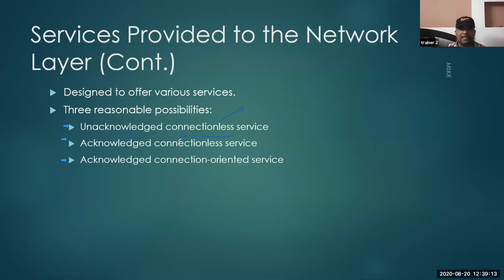See, connectionless means every entity of that communication is treated independently. And unacknowledged means you are not going to get any confirmation from the receiver. So is there any similar service that you can see in our real life communication?